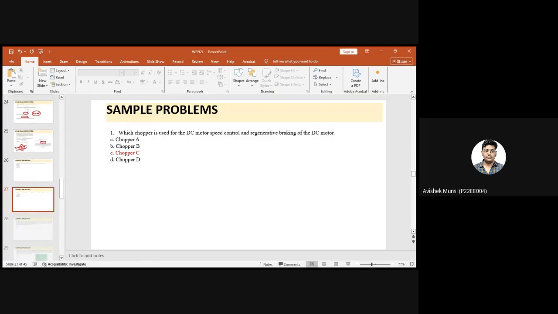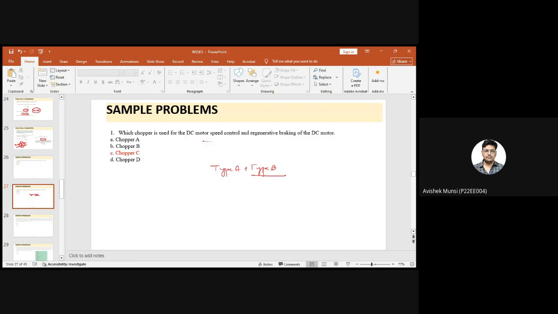Fine, I got an answer. Obviously, Type C chopper, as I said, the Type C chopper is a combination of Type A and Type B. It can be used for motor speed control and regenerative braking. Okay,